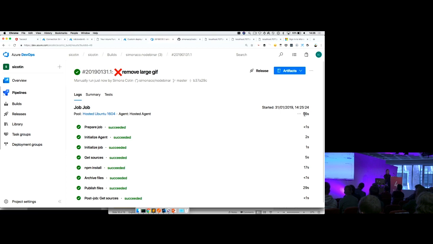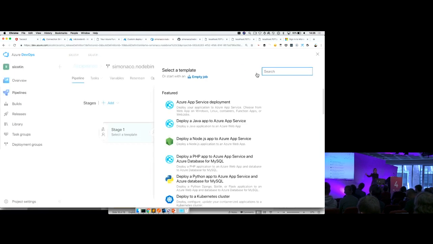Another cool thing that we can see is the number of seconds that we spent during this build. It's useful because if you run this build for every single commit and at some point something bad happens, it will take longer. So you have a history of how long your build takes, and you can spot anomalies there. But this is just building our project. On every single commit that I make on GitHub, it will trigger this build. But our goal is to actually deploy our code into the cloud, right?